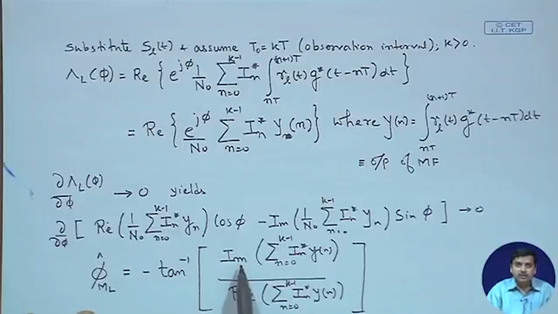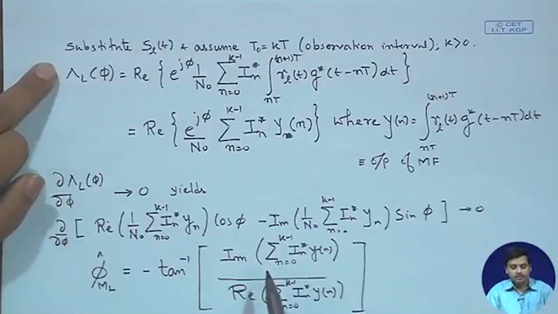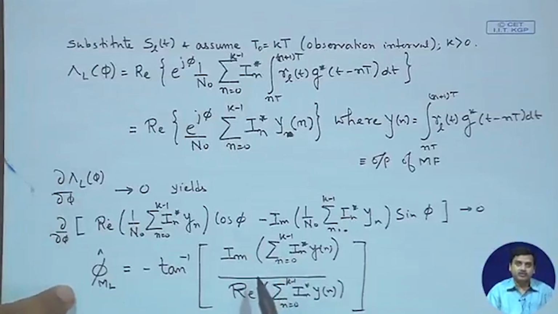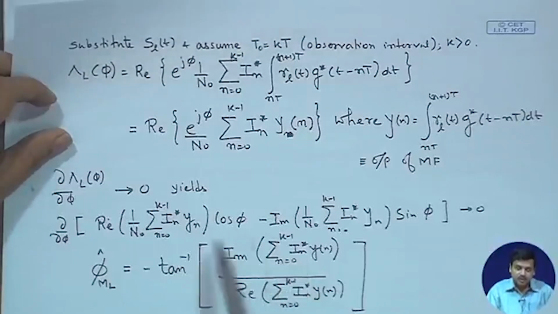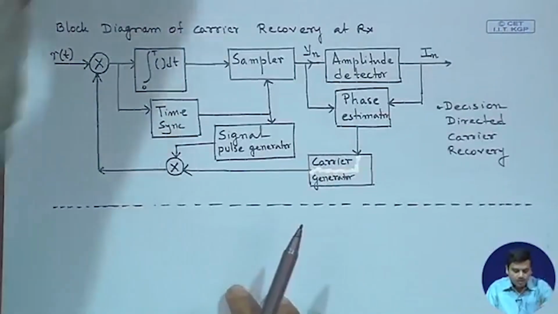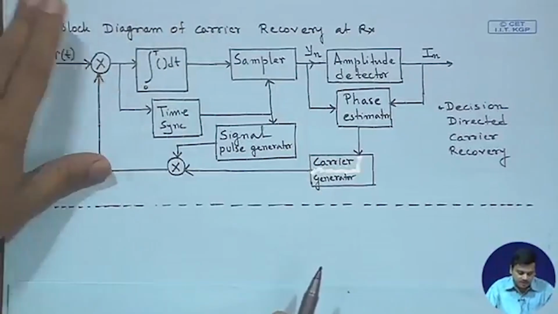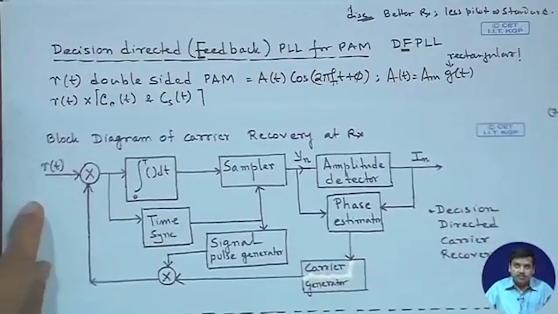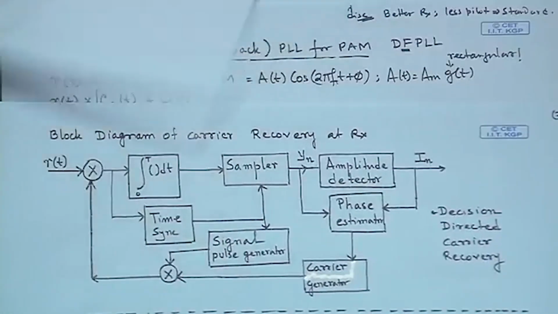But now we have the real part and imaginary part, and we have I n star and y n. Earlier you may remember the expression had an x n and a sine, and here it was x n and a cosine. So, this is again reminiscent of that kind of expression. They are all very similar, because we are using a similar signal model and we are using the log likelihood function and finally the ML estimator. So, in this way we could translate the expression that we have seen in the previous page, that means the expression that we have above,